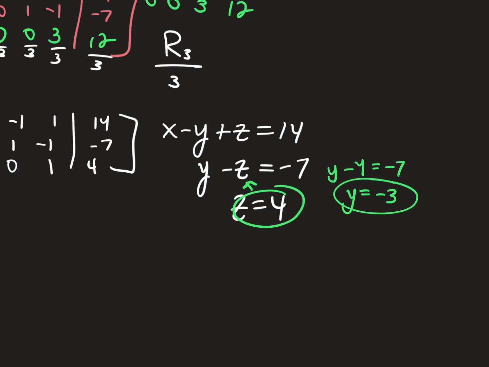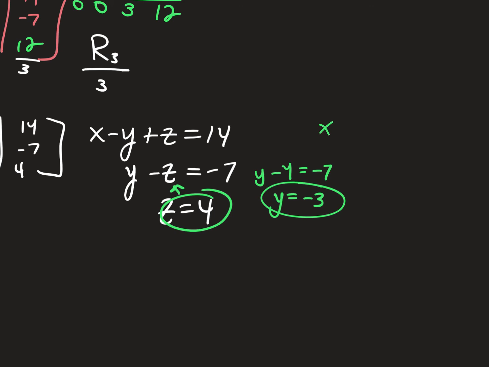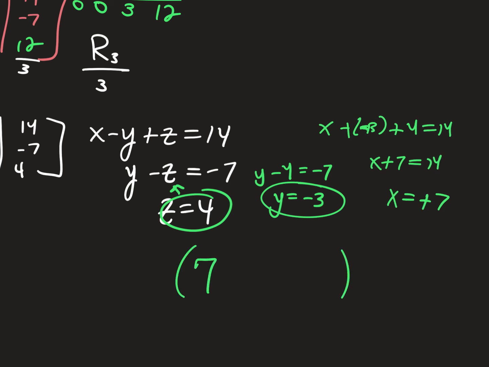Then I take that and I plug both of them into the top. So x minus a negative 3 plus 4 equals 14. Minus a negative is just the same as plus, right? So x plus 7 equals 14. What's x equal? Negative 7? Positive 7. And then what's my ordered triple? 7,